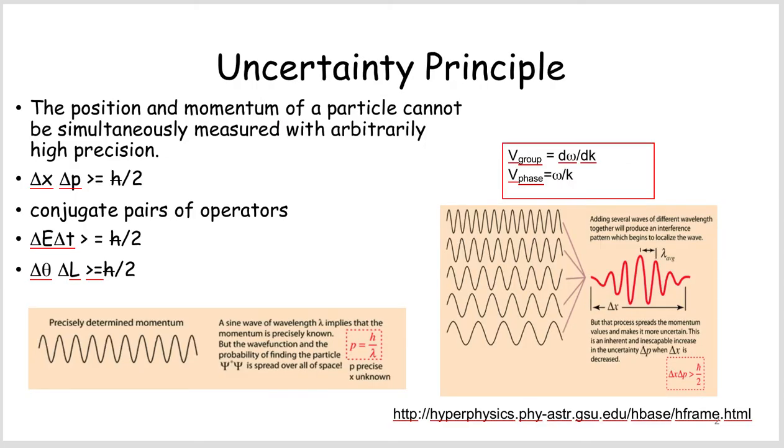We will start with the uncertainty principle, which says that the position and momentum cannot be measured with arbitrary precision simultaneously. Now, this X and P are called conjugate pairs of operators. There are other conjugate pairs of operators like time and energy, and angular position and angular momentum. The product of these conjugate pairs is always greater than or equal to h over 4 pi. But to understand the Heisenberg uncertainty principle, let's come back to